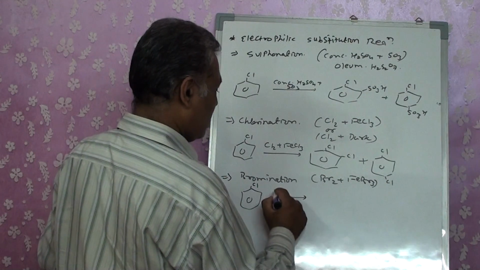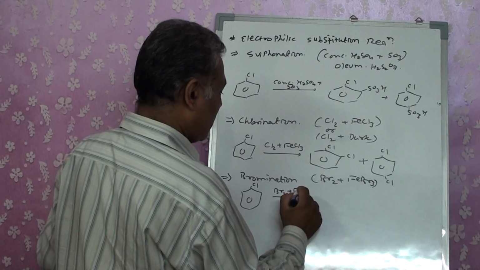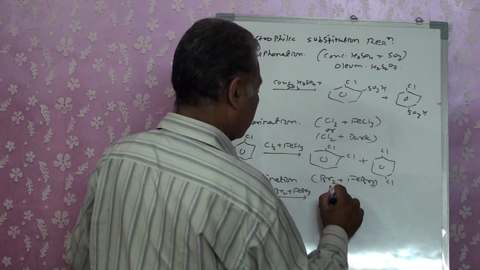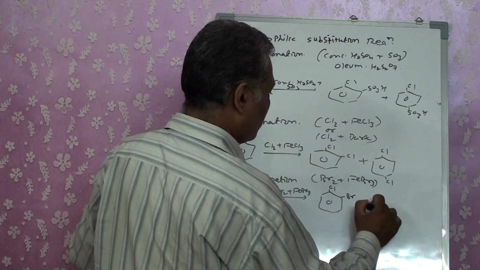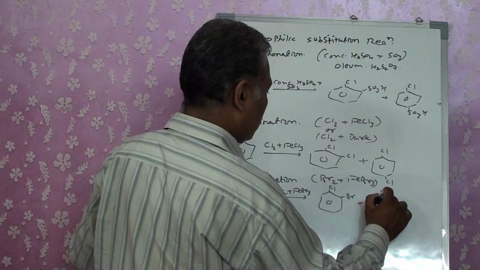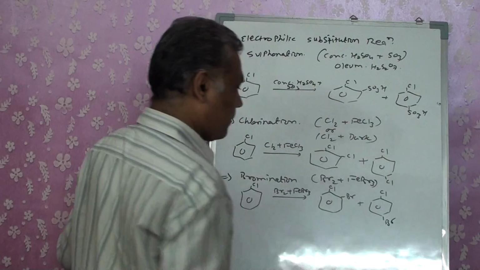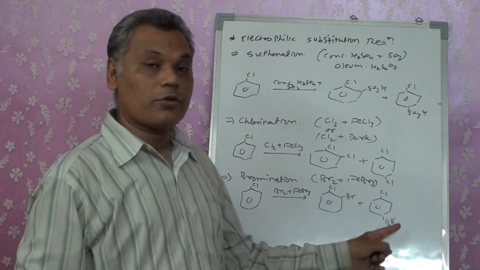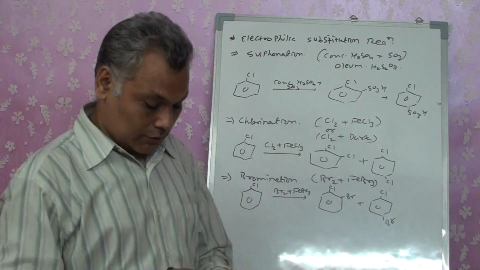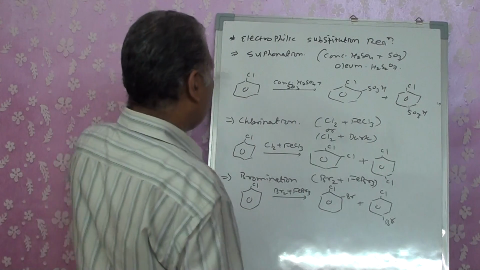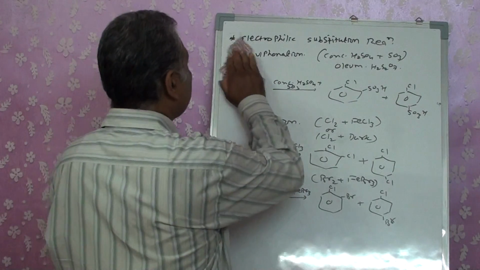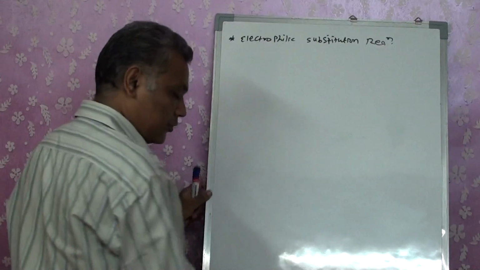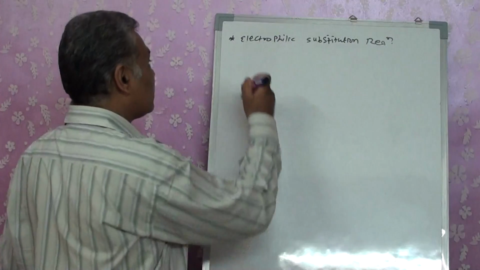So the product you are going to get is the same way. With Br2 and FeBr3, the product you will get is ortho-bromo plus para-bromo. Right? We get an ortho-para substitution. It's fixed. Right? The fourth, fifth and sixth reactions are known as alkylation and acylation. That particular reaction is also termed the Friedel-Crafts reaction.